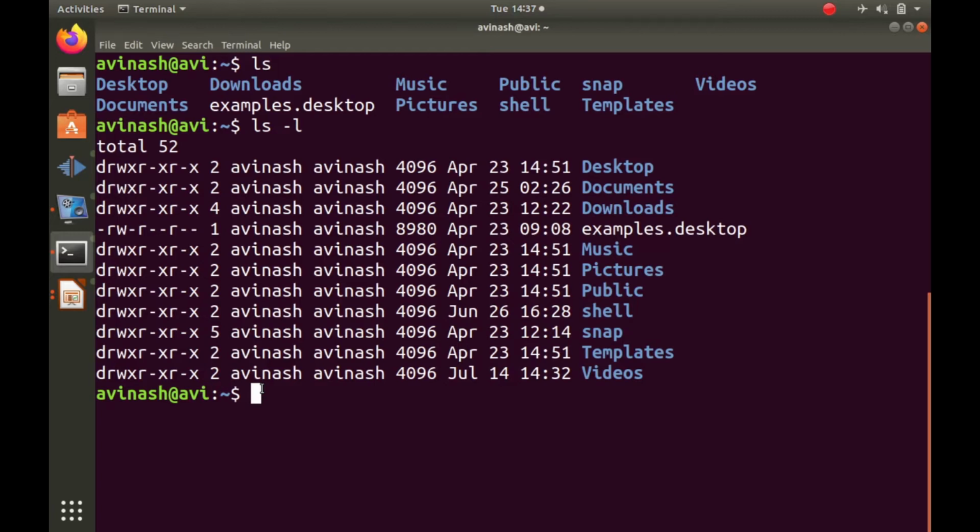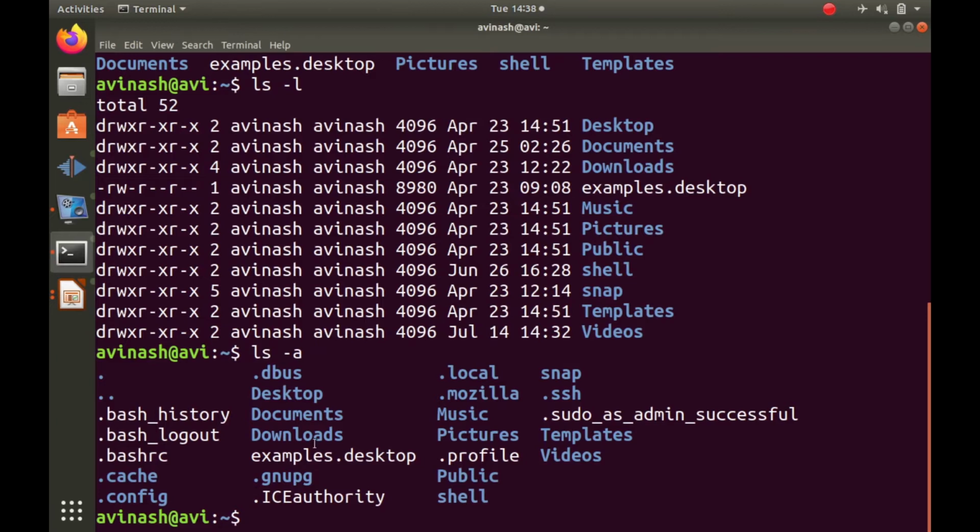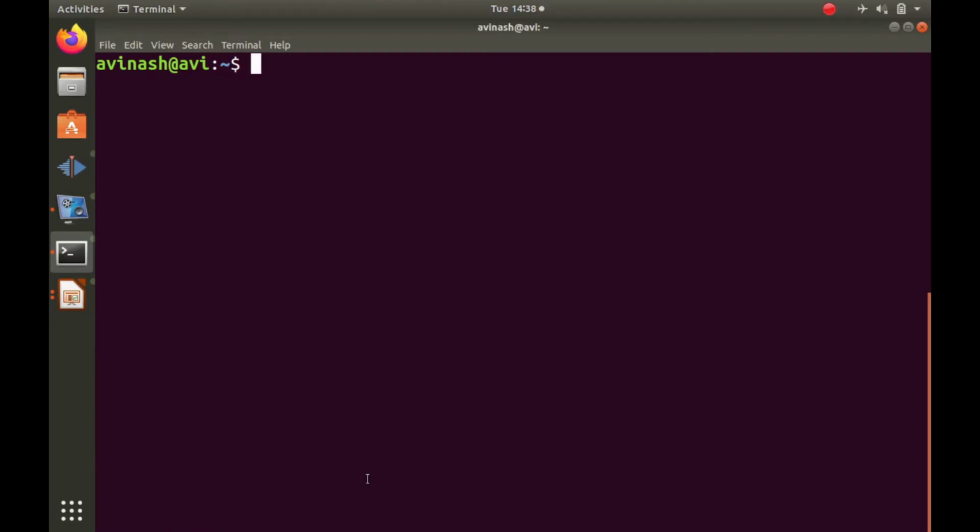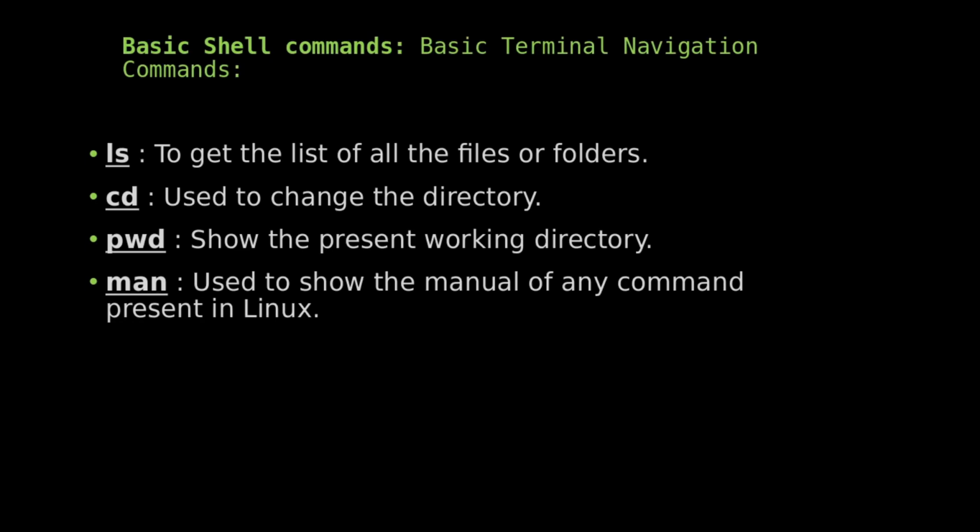Now the next command we will study is the ls command with another option, ls -a. ls -a displays all the files. A means all the files. So it displays the system files as well as hidden files. The files and directories that start with a dot are called hidden files or system files. With the plain ls command these files were not displayed, but now with the ls -a command, the files are getting displayed. There are many options for the ls command like this, and you can study these options by using another command.